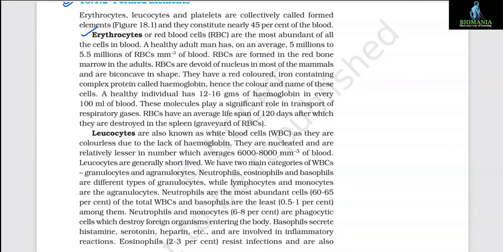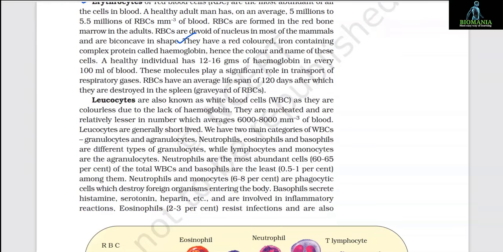RBCs are devoid of nucleus in most of the mammals and are biconcave in shape. They have a red-colored, iron-containing complex protein called hemoglobin. Hence the color and name of these cells. A healthy individual has 12 to 16 grams of hemoglobin in every 100 ml of blood. These molecules play a significant role in transport of respiratory gases. RBCs have an average lifespan of 120 days, after which they are destroyed in the spleen, which is also known